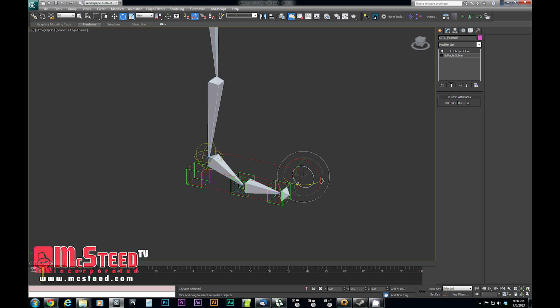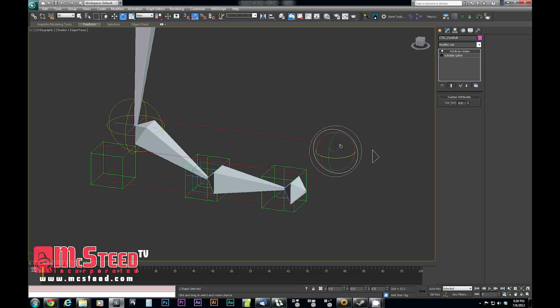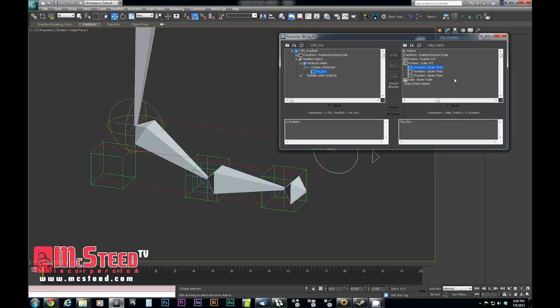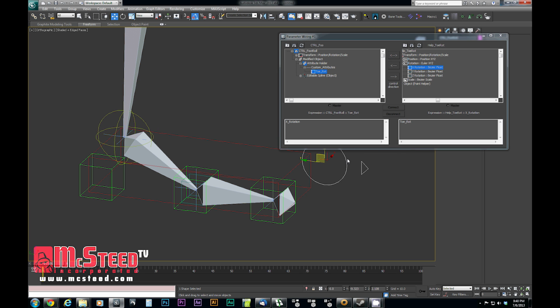So now we are going to wire these. We're going to use wire parameters to control these. The wire parameters, you access that just through the right click menu, and it's down here. So what I'm going to wire is this toe rot to this helper object here. So the toe rot I get through modified object, attribute holder, custom attributes, toe rot, and then drag the little rubber band to transform, rotation, X rotation. As you can see, it populated this list from left to right. I try to remember to always select the controlling object first and then the controlled object. That way it's always left to right and you don't have to wonder. So then I can always use the one-way connections, the bottom button,